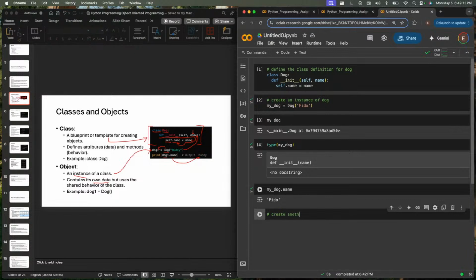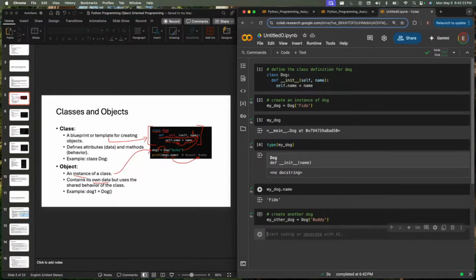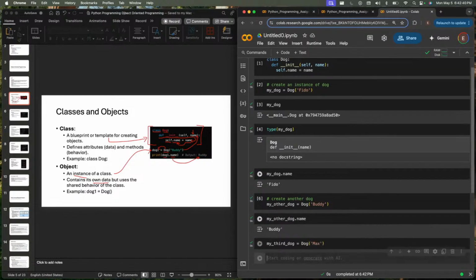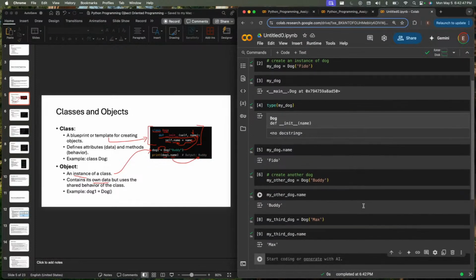Let's create another dog. My other dog, and we're going to call this dog Buddy. So if we call my_other_dog.name, now we get Buddy. Maybe we call my third dog, and this is Max. my_third_dog.name, and we're going to get Max.